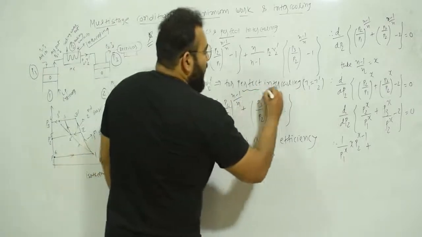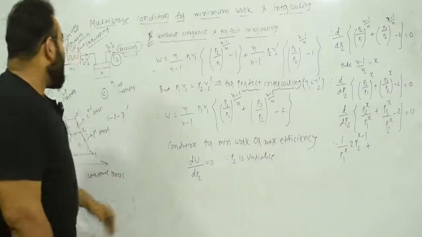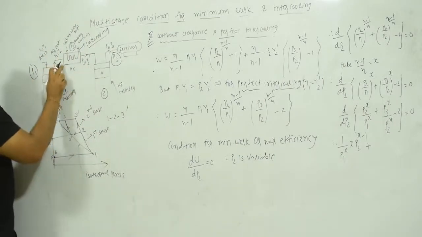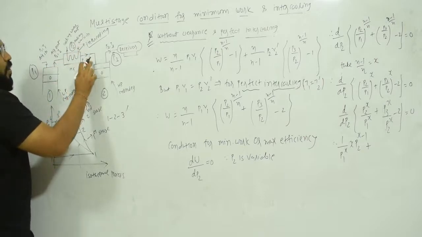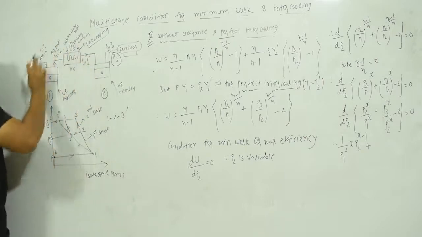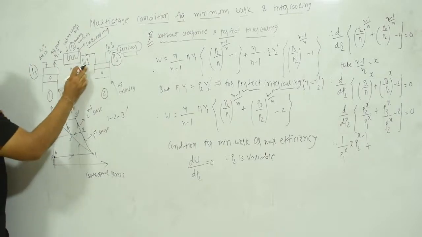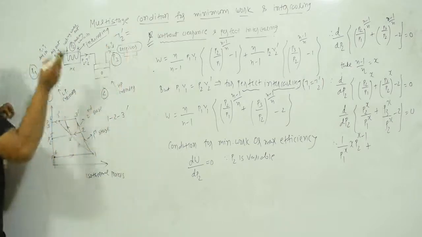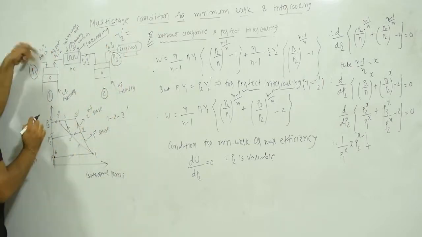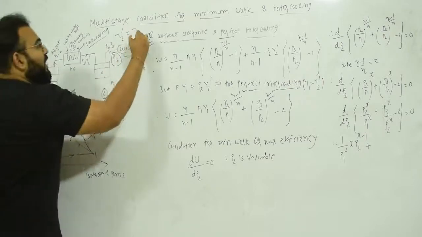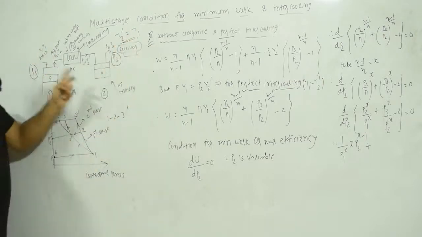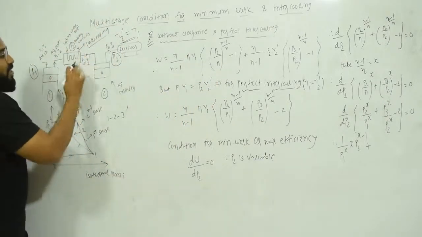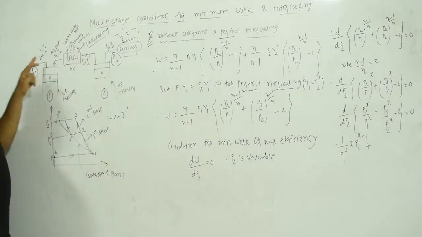Now for perfect intercooling. Let us understand what perfect intercooling is. Perfect intercooling means you are doing cooling in such a way that after cooling, the temperature of the air is equal to the initial temperature. So here you can see that the final temperature after cooling is T2 dash. If this temperature becomes equal to the initial temperature at which air comes in, which is T1, then it is known as perfect intercooling.